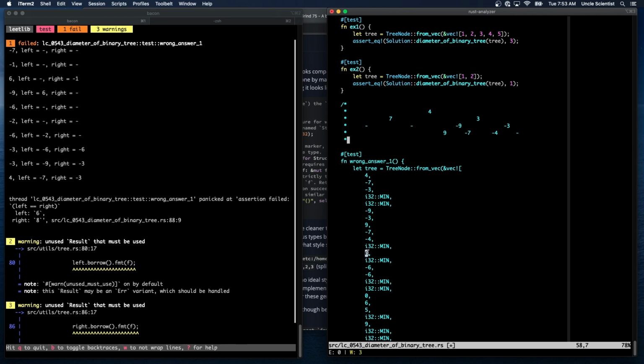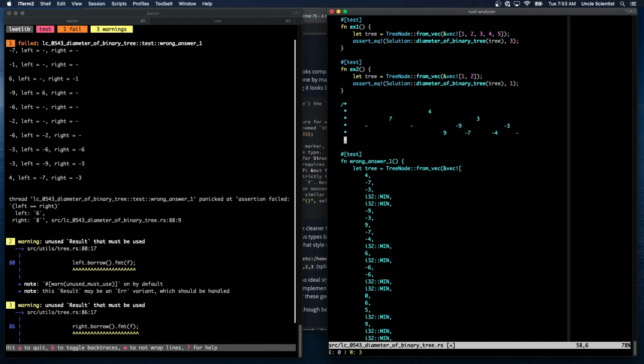Oh, okay, so this 6 goes here on the 9. And we don't have a 9. Okay. Yeah, I think the way this is supposed to work is we skip over these guys because those are nulls, and we come here and say this is 6. So I'm building the tree wrong,